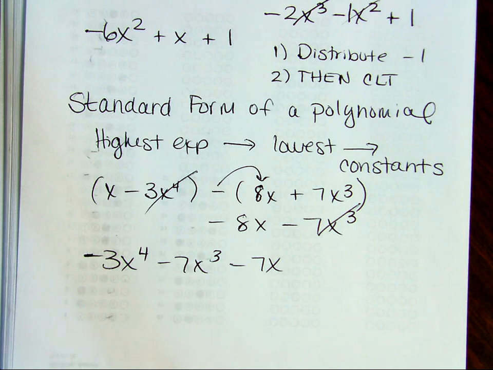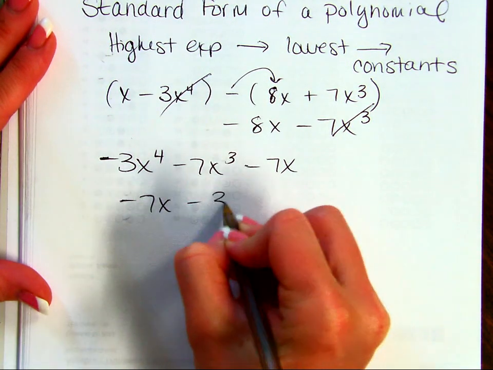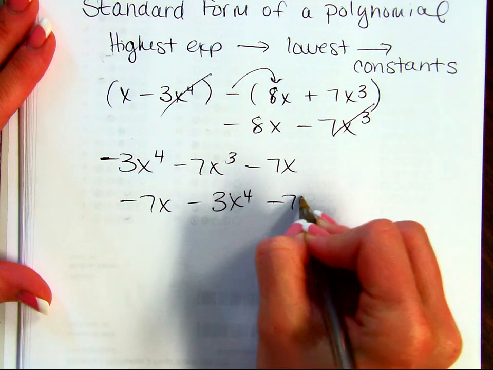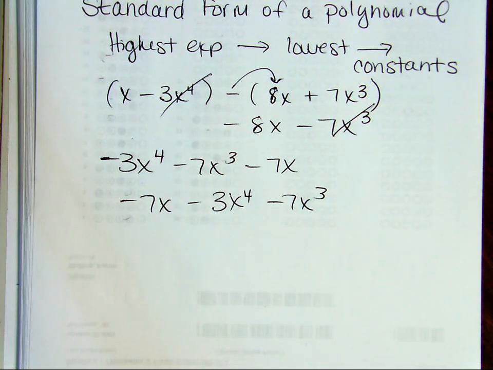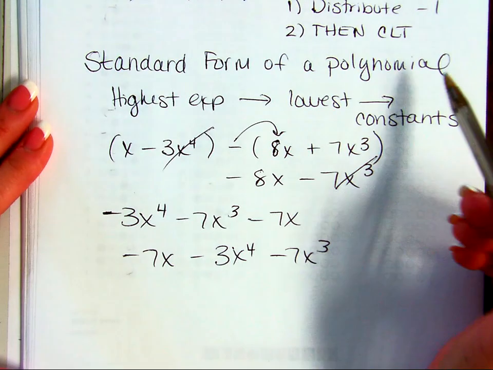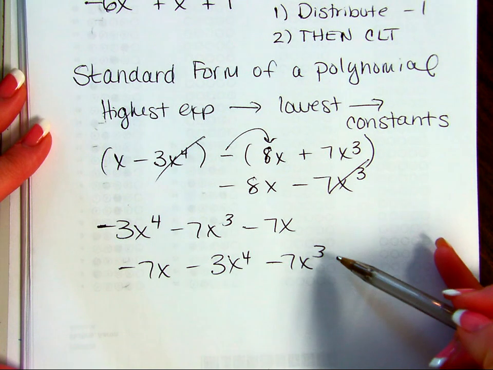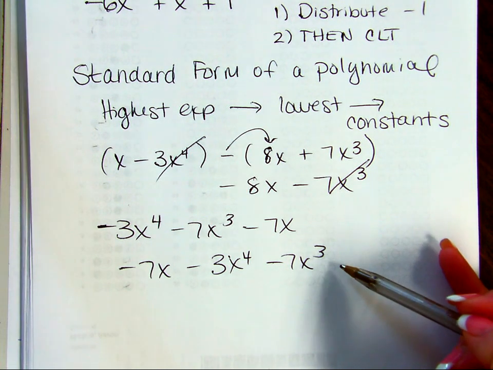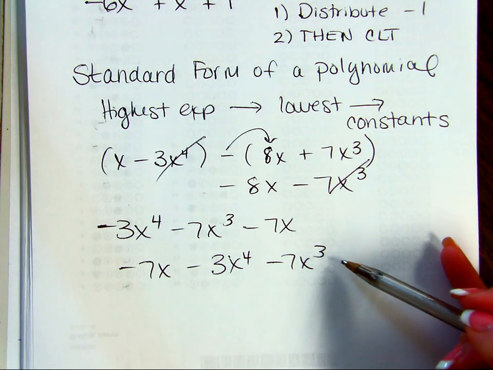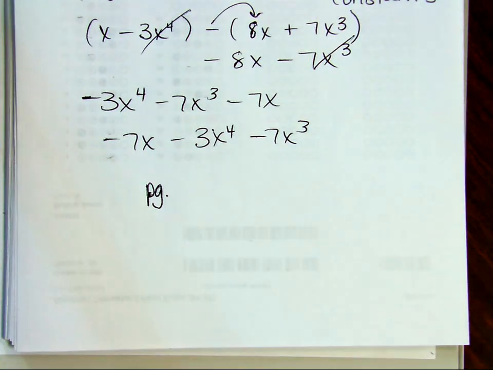Technically, is it wrong if you have a negative 7x, a negative 3x to the fourth, and a negative 7x to the third? No, because we know that addition is commutative, right? That property says that the order doesn't really matter. Is this the same answer as this? Yeah. But when they specifically come out and say, put your answers in standard form, you'll probably get a half a point off for it technically having the right answer, just not in the correct form. Understand? Okay, so you are going to breeze through